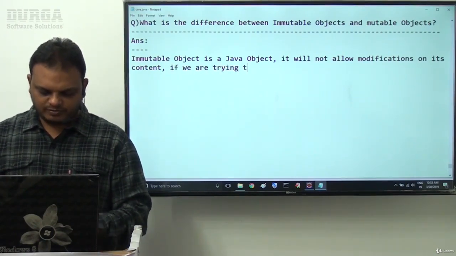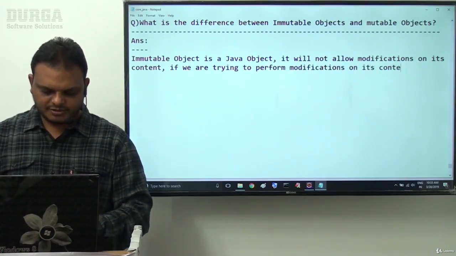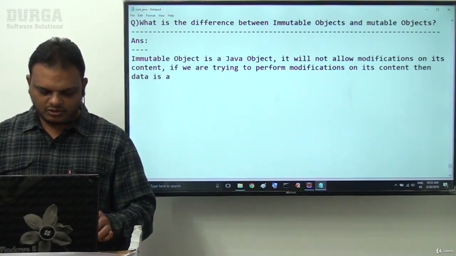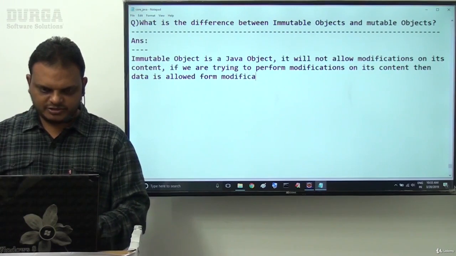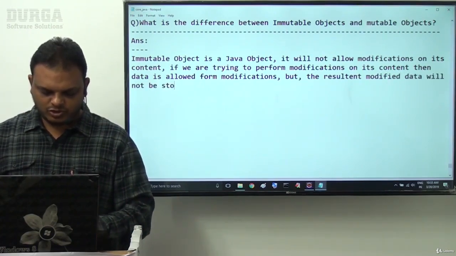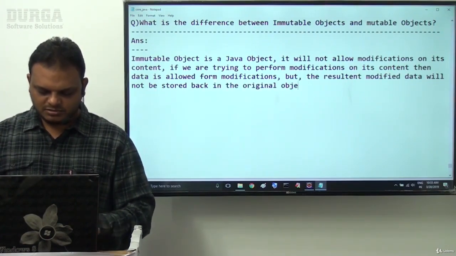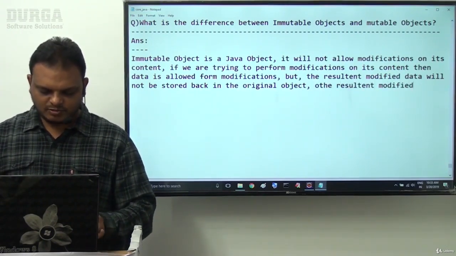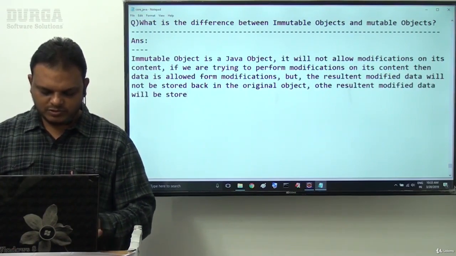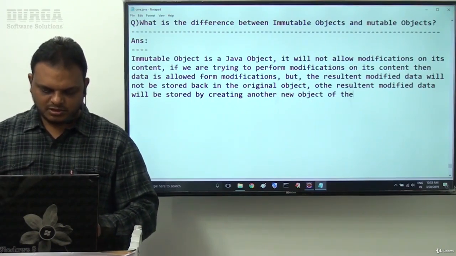If you try to perform modifications on its content, then the data is allowed for modifications, but the resultant modified data will not be stored back in the original object. The resultant modified data will be stored by creating another new object of the same class.